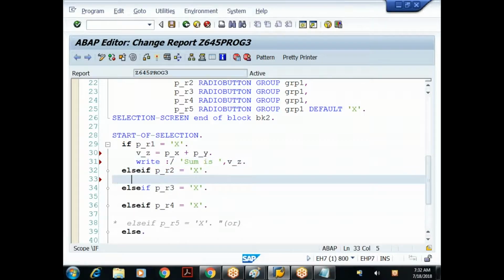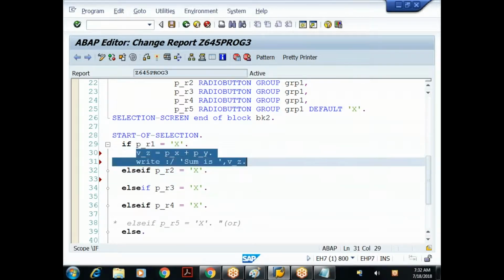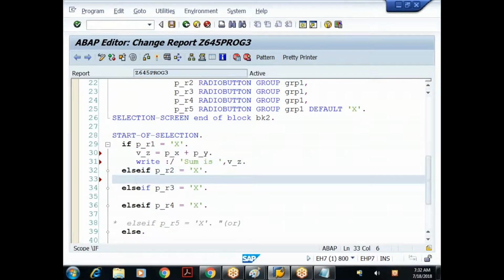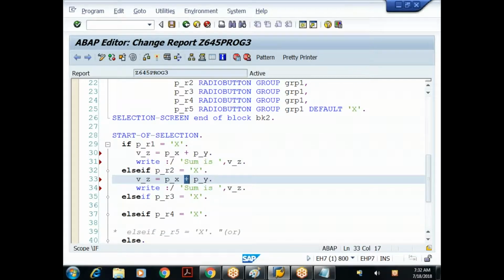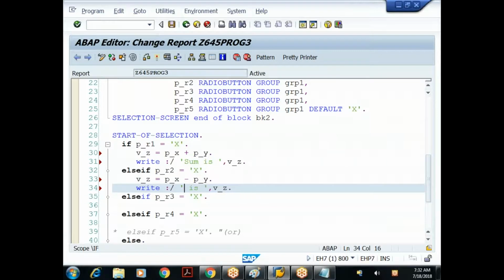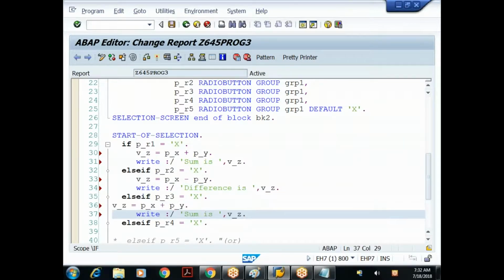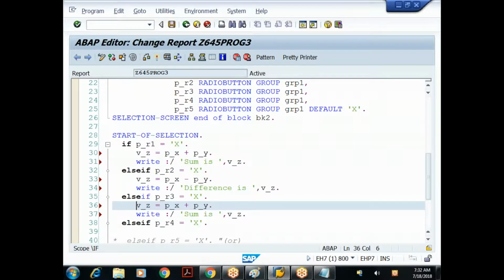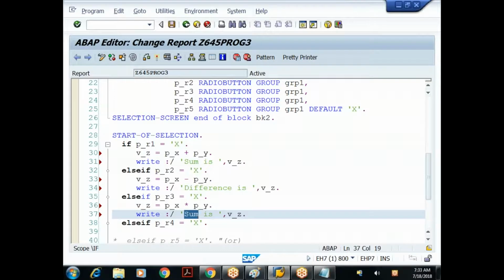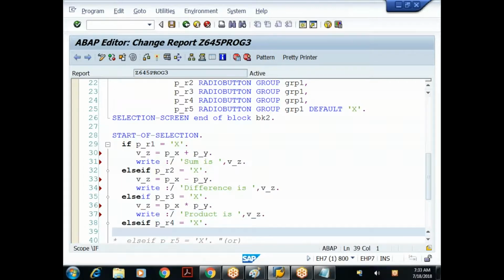Else if P underscore R2 equal to X, similar kind of thing: P underscore X minus P underscore Y. Here I'll say some meaningful message, difference is so and so. Then this is product, P underscore X into P underscore Y, and here also the product message.